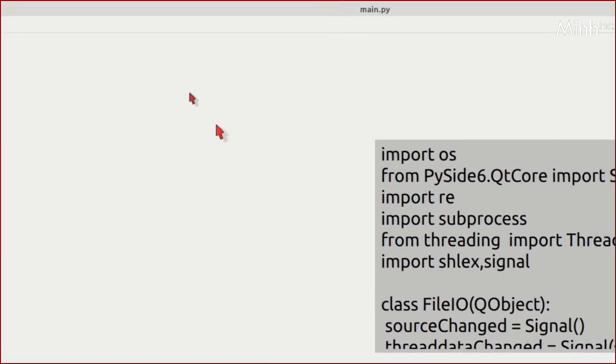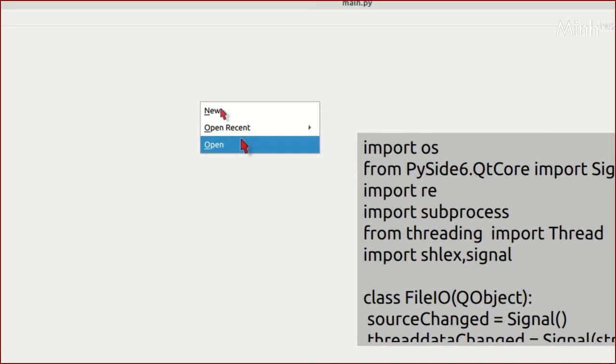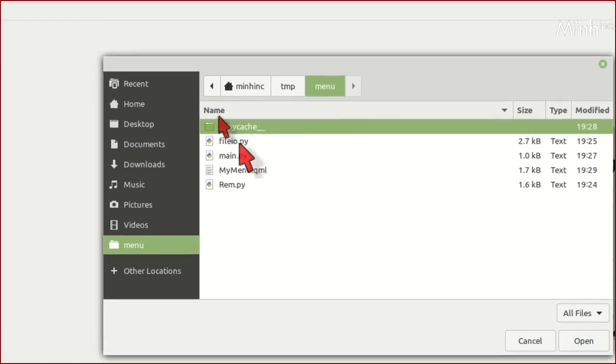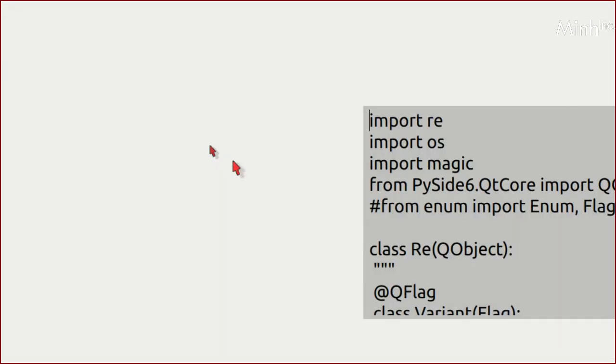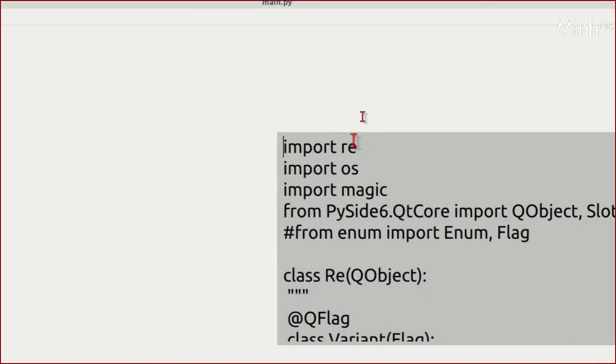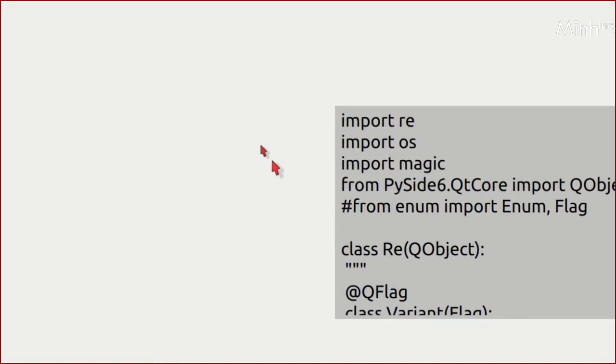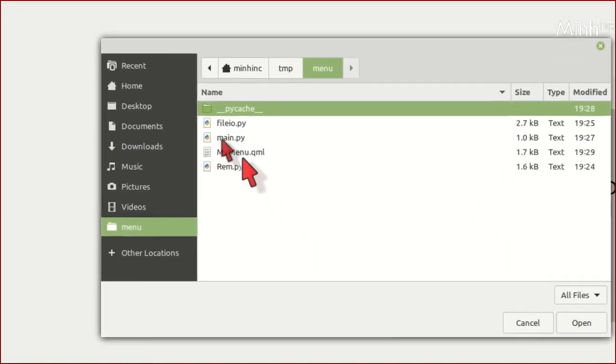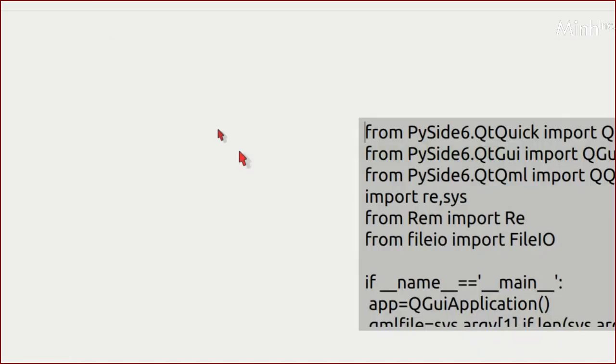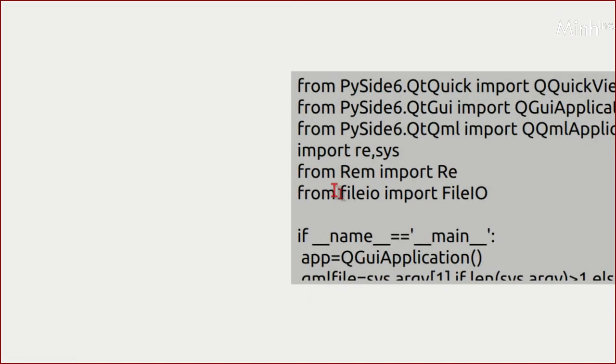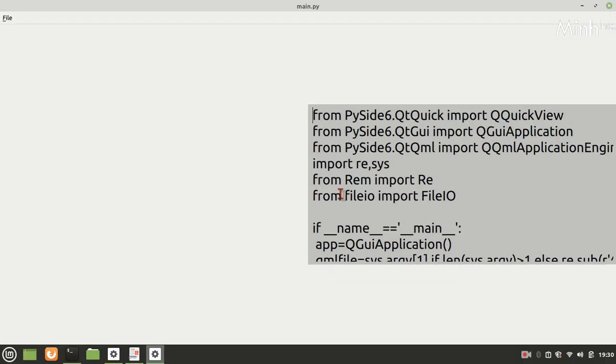Now here only I'll click and say open another file called, and it changes. This is RE class RE, and if I bring main.py, it is changing. So open is working. So menu is a workable thing in QML.